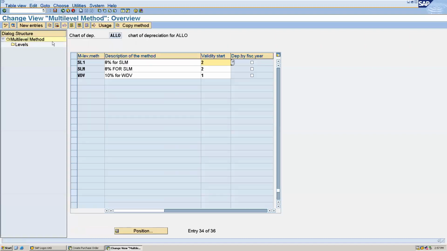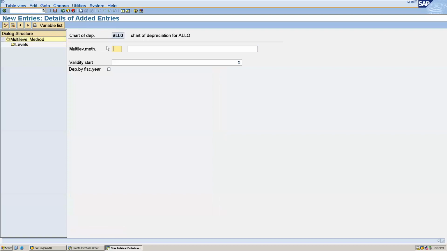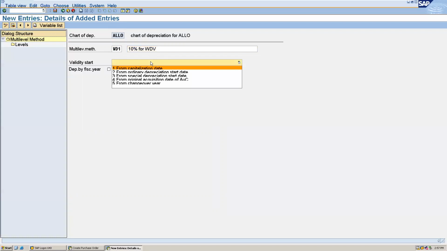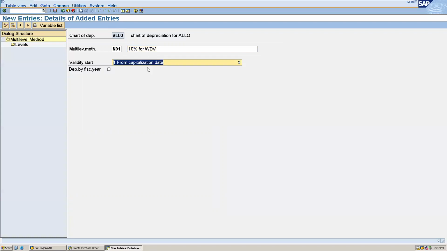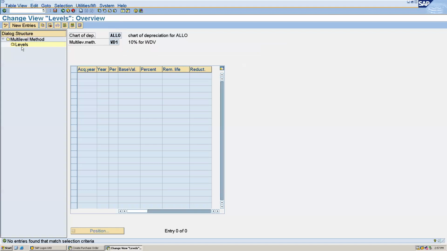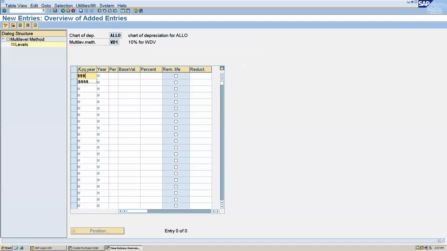Okay, now we will maintain for written down. I will maintain WD1, that is 10% for written down value method. And the validity start date, I am going to give capitalization date. After that, give levels, give new entries. Acquisition year, I am maintaining 9999 because I will be defining the correct acquisition year in the asset master.